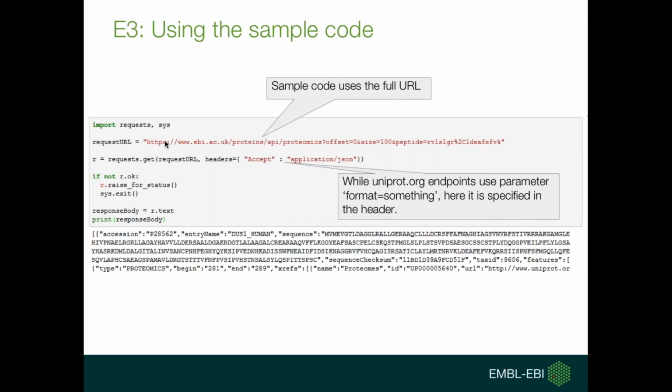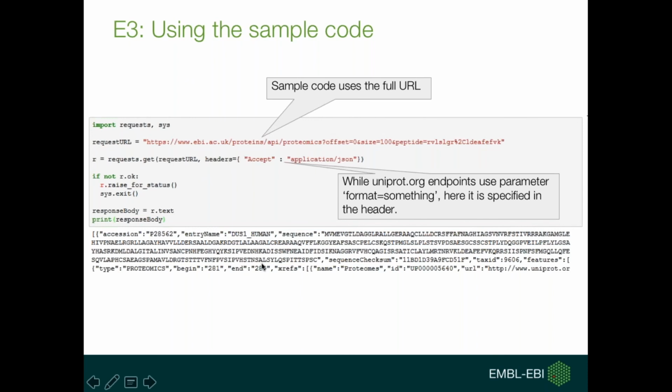The sample code uses, again, the full URL like we did in our very first example, so it's not very nice because it's not readable. And then there's one little difference, where in the previous examples we used format equals something to specify the format we would like to have. It's done differently here. It does it using the HTTP header in a dictionary, in a key value pair called accept and then application JSON. This doesn't really pose much of a problem for us because the requests package allows us to pass just another dictionary, which is the dictionary here, to another parameter called headers, and then we can just run the code,